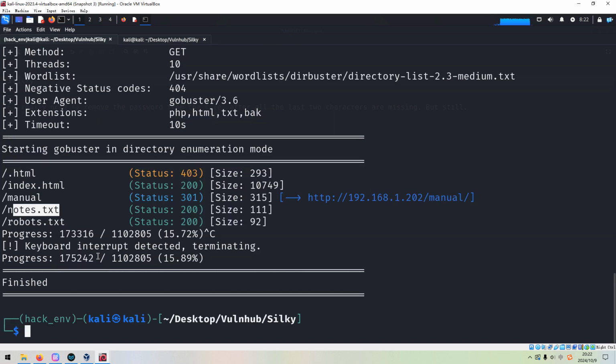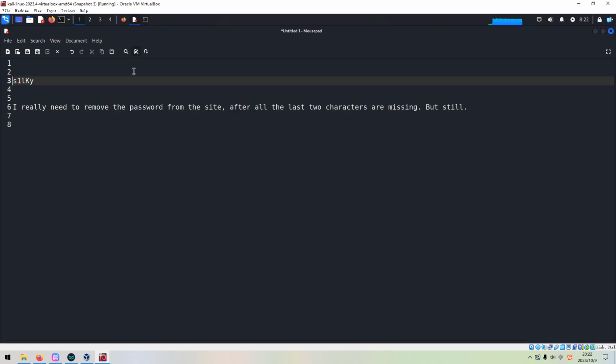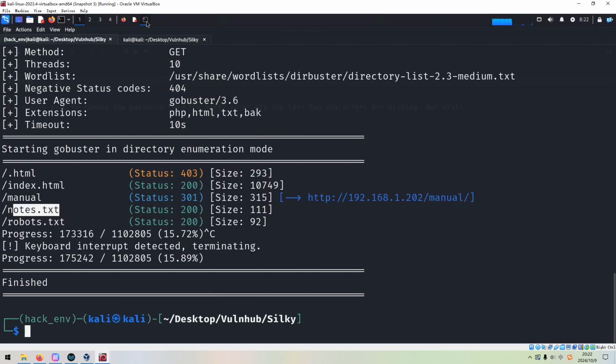So I think we have already done almost everything we can, and we got something important, especially this information. This should be the hint left by the author to generate the word list. Of course, we can use the crunch utility, and as we know now, the length of the password should be 7, and we can use this way to generate the word list.